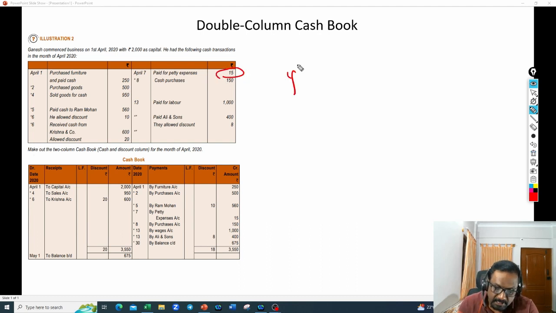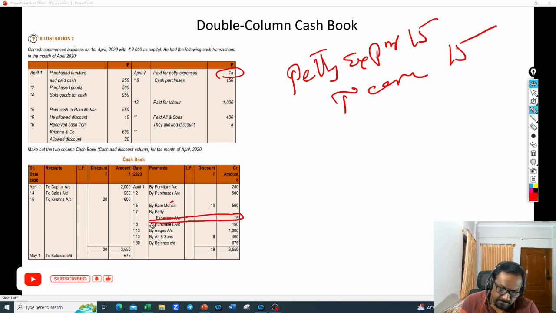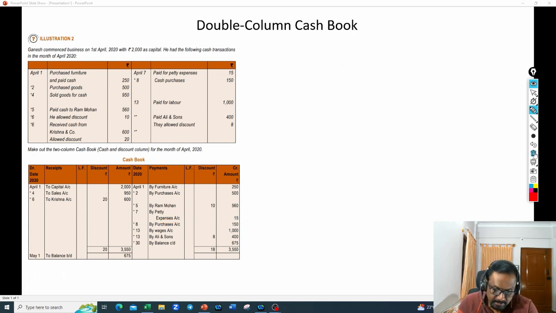Petty expenses is an expenditure. So petty expenses debit, 15 to cash account 15. So by petty expenses 15 rupees. This is what we need to write. Clear? Right. Next,